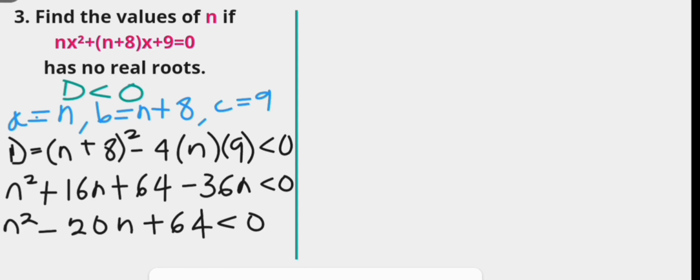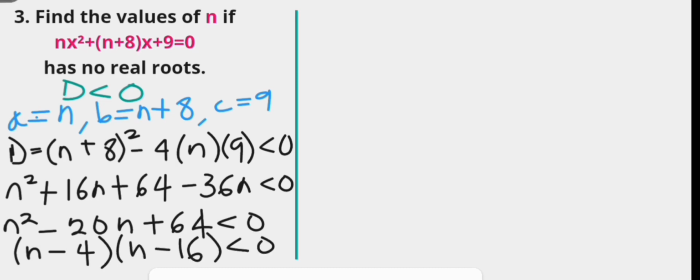yet another quadratic inequality. And the factors of 64 that add up to negative 20 are negative 4 and negative 16, meaning that the left hand side, the quadratic expression, factors as (n minus 4)(n minus 16) less than 0. Here, when the product of two numbers is less than 0, there are also two possibilities. The first possibility